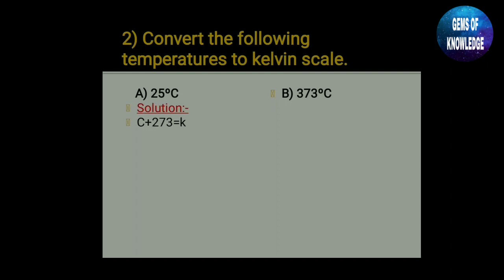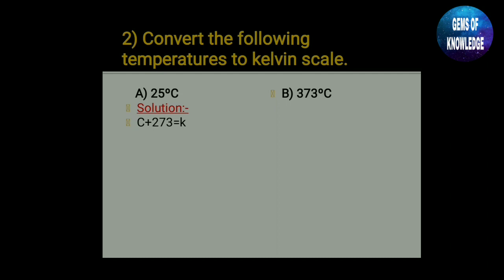For the solution of the first one, 25 degrees, write the same thing: C plus 273 is equal to K, the same formula. Before I had taken K equals 273 plus C. Here only the sides have been changed from left to right. It is one and the same, so do not get confused. If you write K equals 273 plus C, it is correct, and if you write C plus 273 equals K, the formula is also correct. Basically the formula is the same, only the sides have been interchanged.